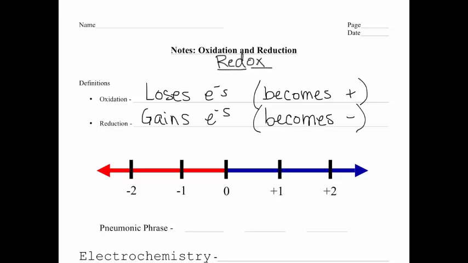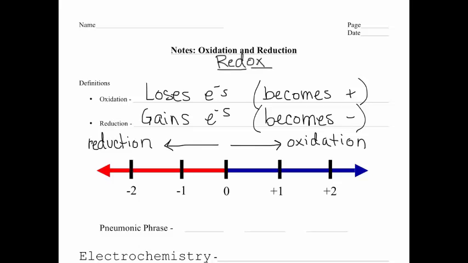So if we were to look at this number line, if the oxidation number were to be headed in this direction, becoming more positive, then it would be an oxidation reaction, where if it's becoming more negative, it would be a reduction